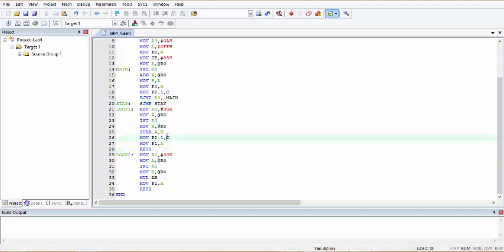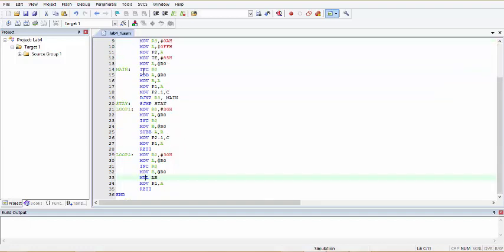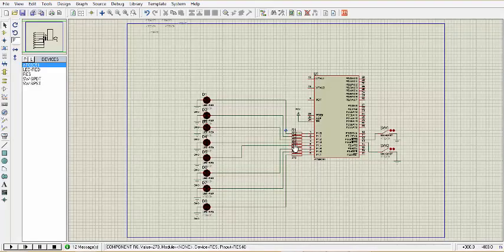When interrupt 1 is pressed, which is at 0013h, we go to loop 2, and loop 2 is here. This is also another very simple program, for multiplication, and we are moving the result into P1, where our LEDs have already been attached, and the same RETI statement, so that the processor can go back to doing what it was doing. So now let us see the Proteus emulation quickly.